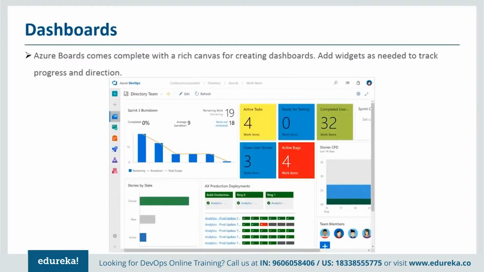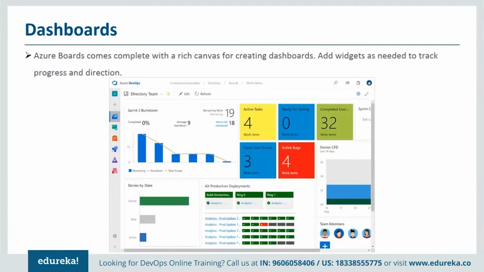All right, then we have the final dashboards where you can see the current status of your project. Before we go further and look into other aspects like pipelines, I just want to give you a small demo of how you can create work items, how you can create backlog items, and how you can use the boards. So let me stop here for a while.